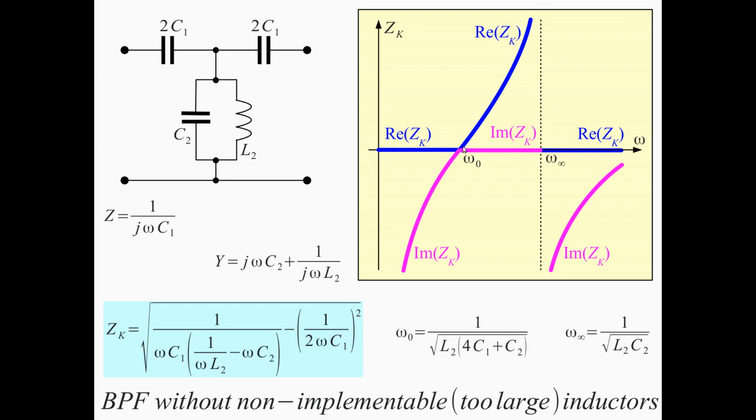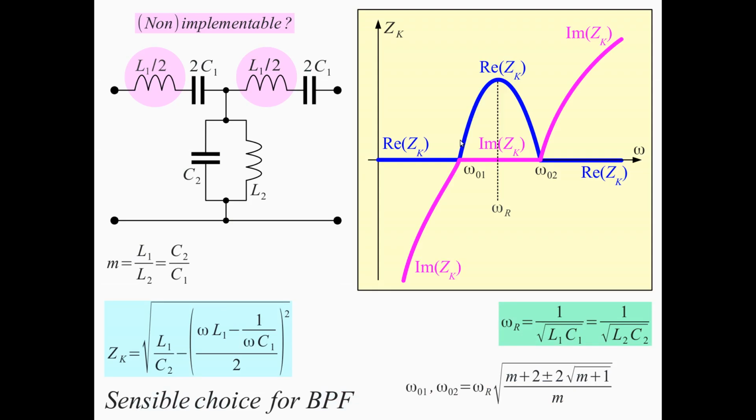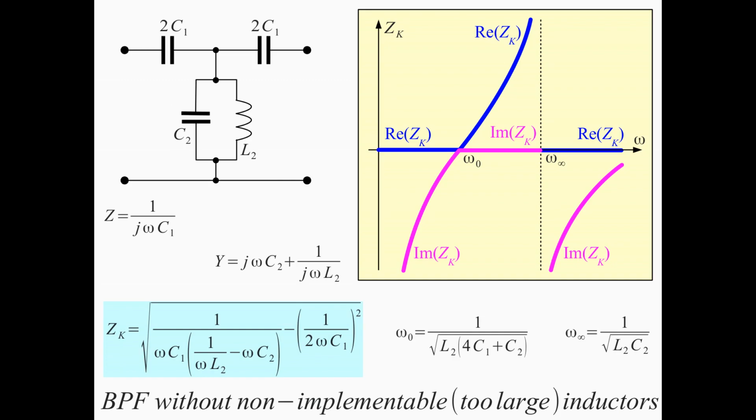What we see here, this ZK changes even more than in the case of the filter with non-implementable inductors. So here ZK is changing very much, even here goes from 0 all the way to infinity. So this is maybe a slight problem, the changing ZK in this passband, but this is a circuit that can be made without non-implementable inductors. Without too large inductors we can make this circuit, and this is a real filter. Just to finish for this hour,